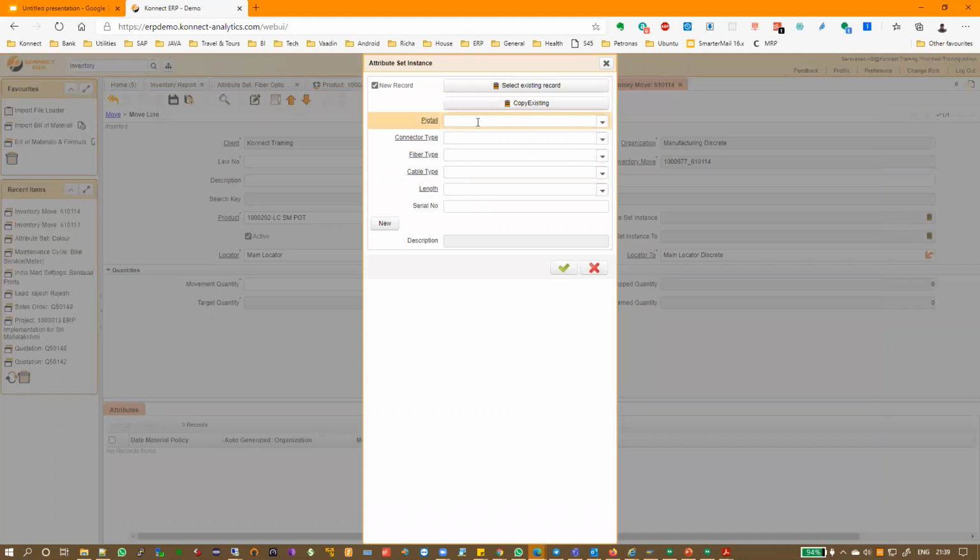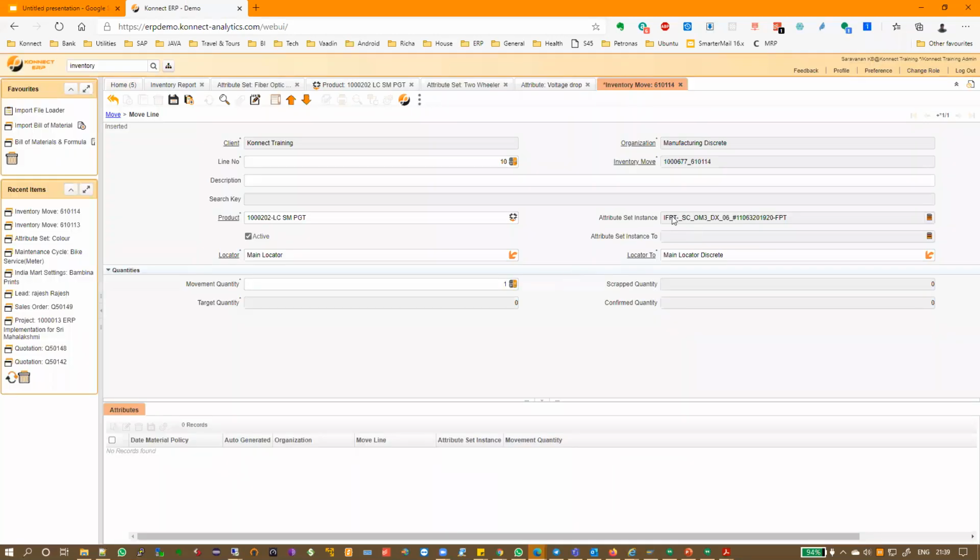I'm going to generate a serial number. So let's say I put cable type SDX new. So there's a new serial number that has come. I click OK. Now if you see, there is a serial number that has got generated over here. Now I save this.